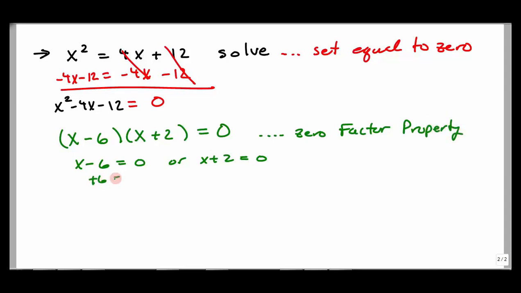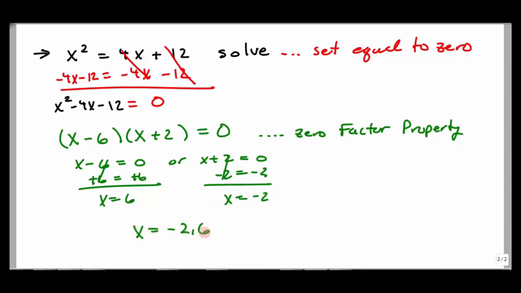So here we'd add 6 to both sides, so we have x equals 6. Here we'd subtract 2 from both sides, and I get x equals -2. So our solution set would then be x equals -2, 6. Now, there is a way to know if we're right, and that's by plugging it back into our original, but